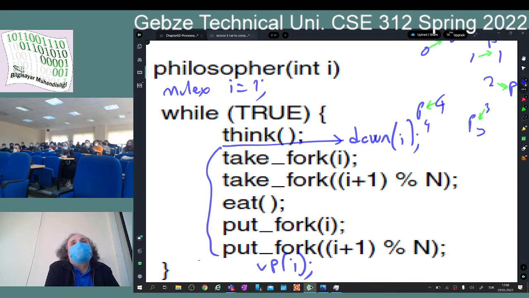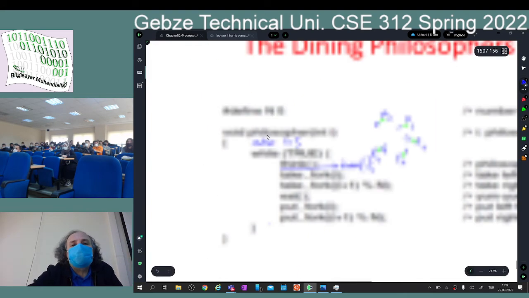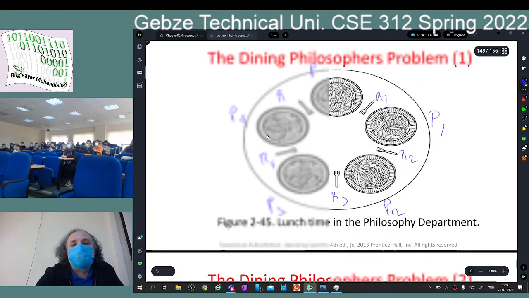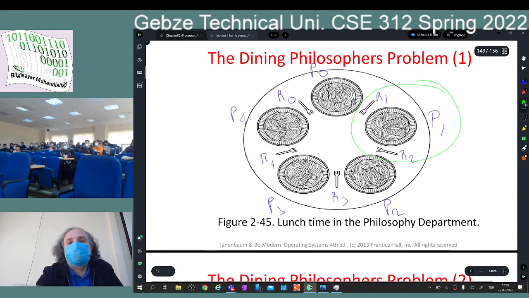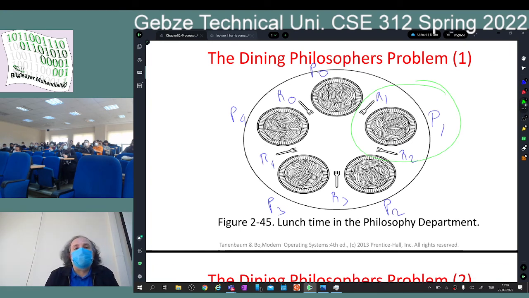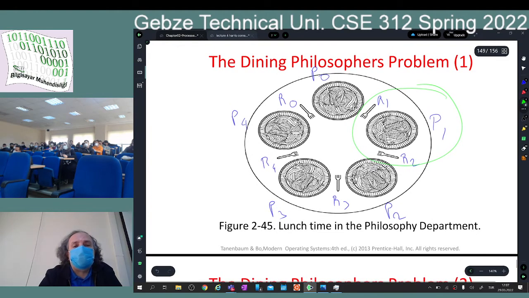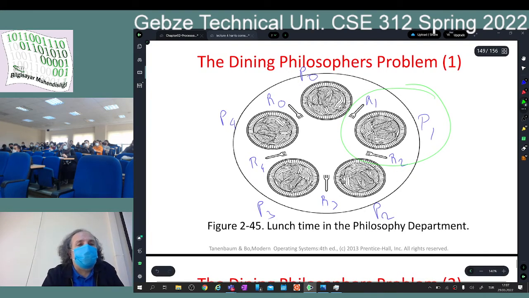There is a problem with this. Resolve deadlock, but some processes can work simultaneously, but we are only doing one at a time. Exactly. The problem is this: we are saying that only one philosopher can eat at the same time. In this case, if P1 is eating, P0 and P2 cannot eat, but I shouldn't prevent P3 or P4 from eating. I mean, P4 can eat at the same time too, right?